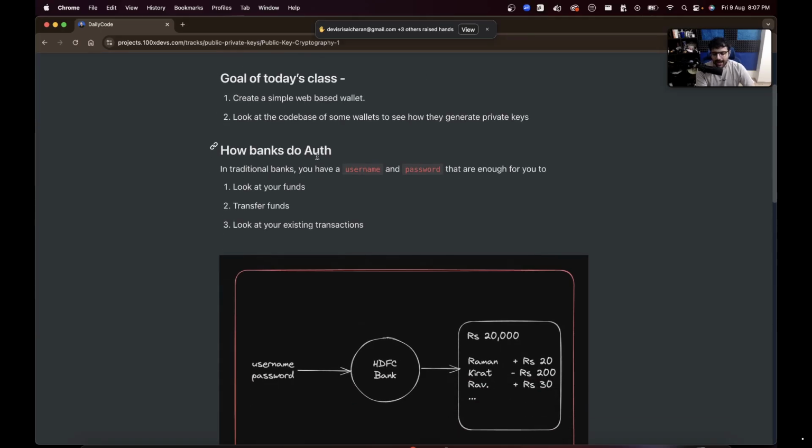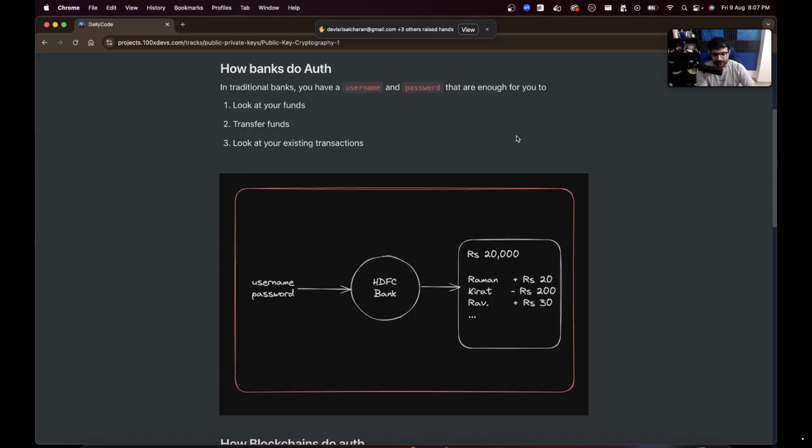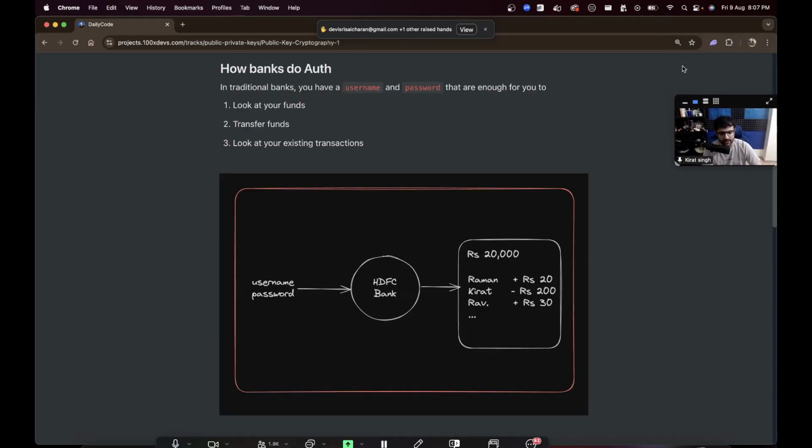How do banks do authentication? Last week we discussed that one of the biggest use cases of blockchains is digital money that is not controlled by a central entity. Now, how is it not controlled by a central entity? Different question. What are miners? Forget for now. What is decentralization? Forget for now. Given that blockchains somehow are able to manage your balances, I repeat,